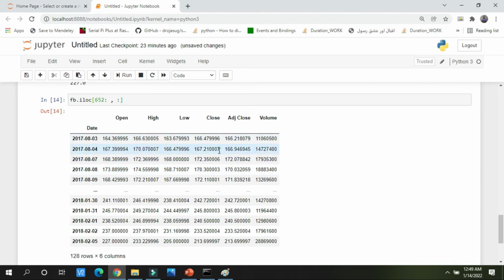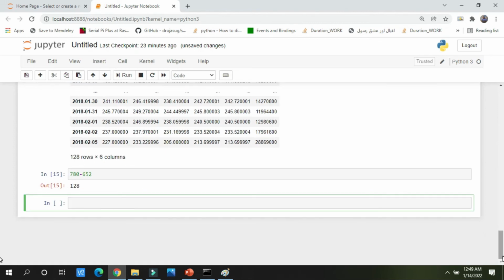Suppose someone says, Umaid, make a graph of the close column, but please use only the values of the year 2016. How can I do that in Python?